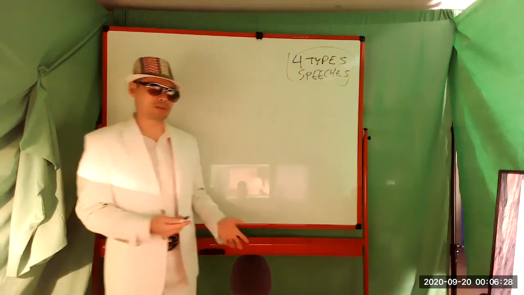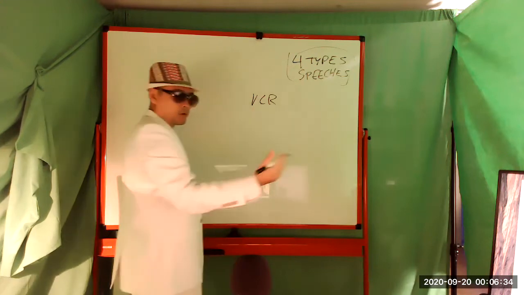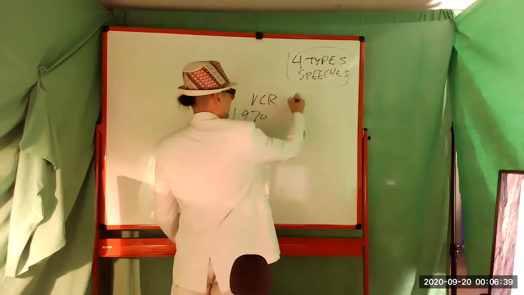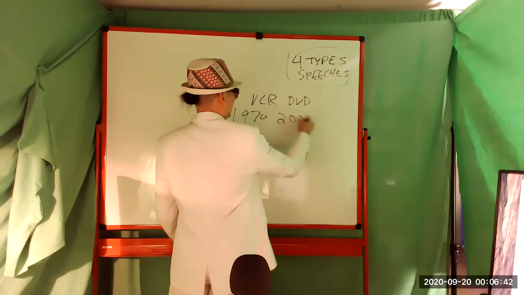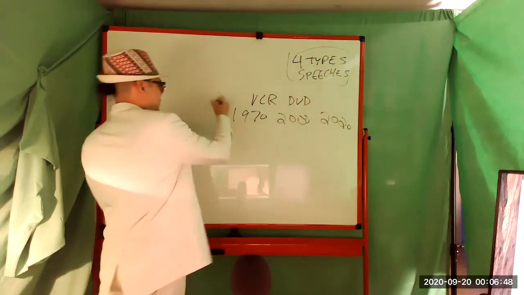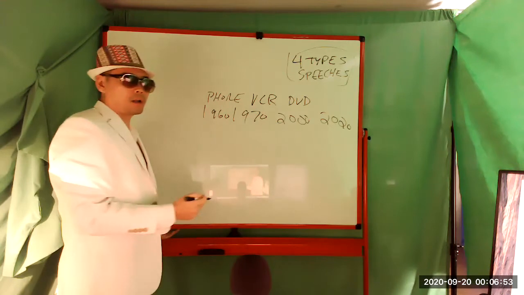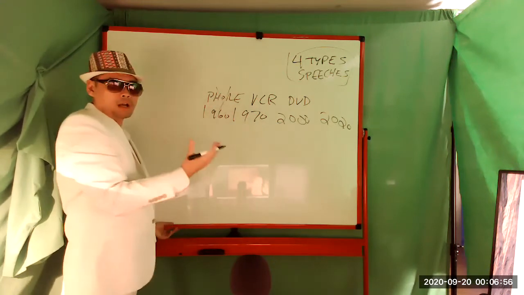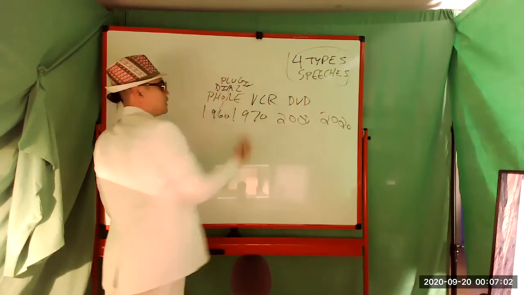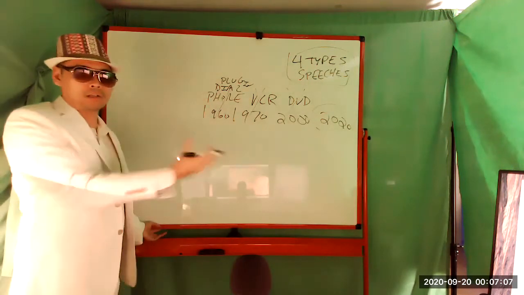It's really, really interesting because, let's say the VCR, for example, right? The VCR, just like a big recording. Let's just say, I don't know, it was made in the 1970s. And let's say the DVD was created in the year 2000. And now it's 2020, right? And then you had your phone that you plugged in. Let's just say that was in the 1960s. Wow, guess what? In all these years, you don't have a phone anymore where you actually have to dial and plug in. Just want to make sure I make that clear. You don't have a VCR anymore. You don't even have a DVD. And all that died during those time periods.